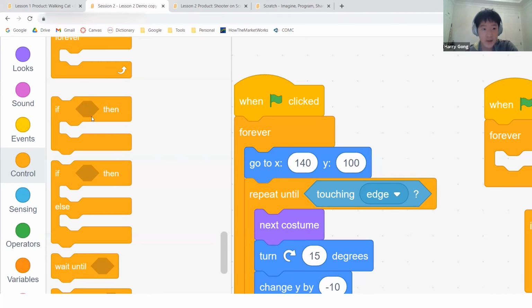But what it does is it runs whatever blocks are put here only if the yes or no block turns out to be true. So it will only run this if whatever block we put here has a yes answer, but not if it has a no answer. If it has a no answer, then it skips these blocks entirely, and it goes directly out here. Whereas if whatever block we put here is true, then it will run this, and then it will continue with whatever